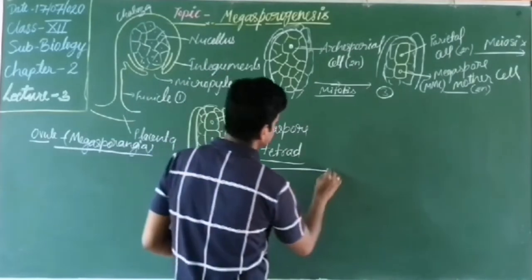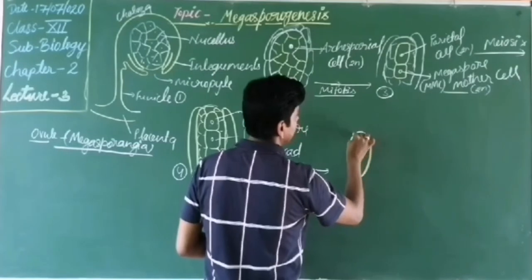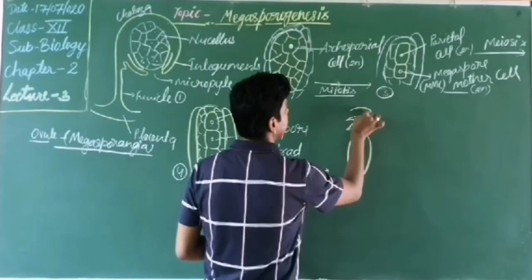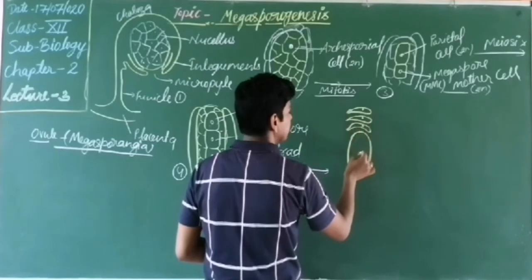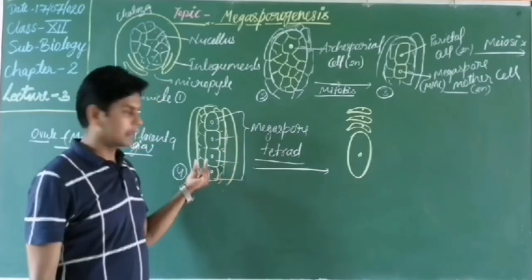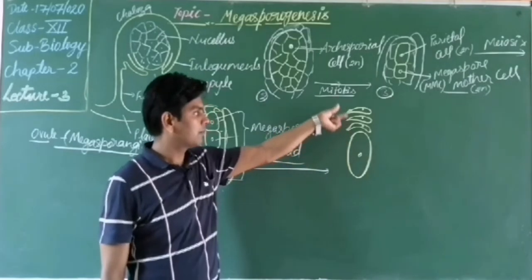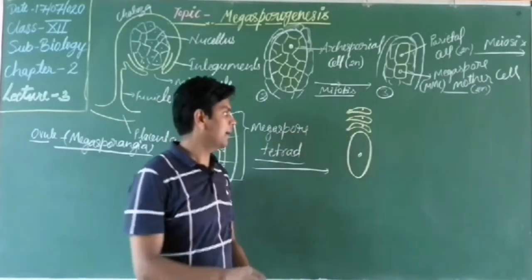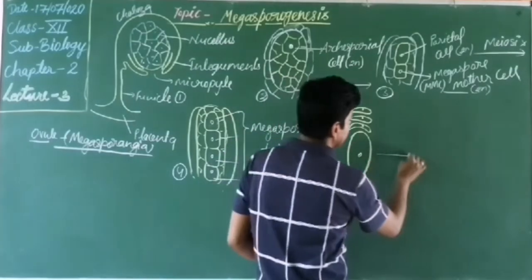So let's discuss what occurs. Only 1 becomes greater in size, and the 3 above get degenerated. This one is only 1. Here I am not drawing the other cells of the nucellus, we have just drawn the 4 megaspores, in which the fourth megaspore is bigger in size and these 3 get degenerated. These 3 megaspores are lost, only 1 gets developed.